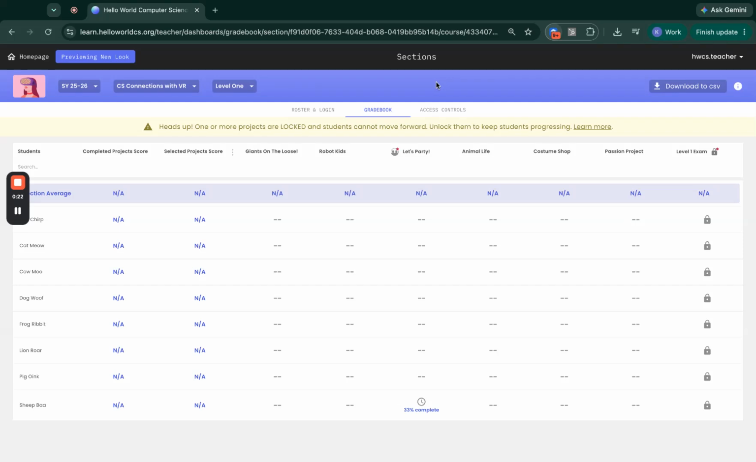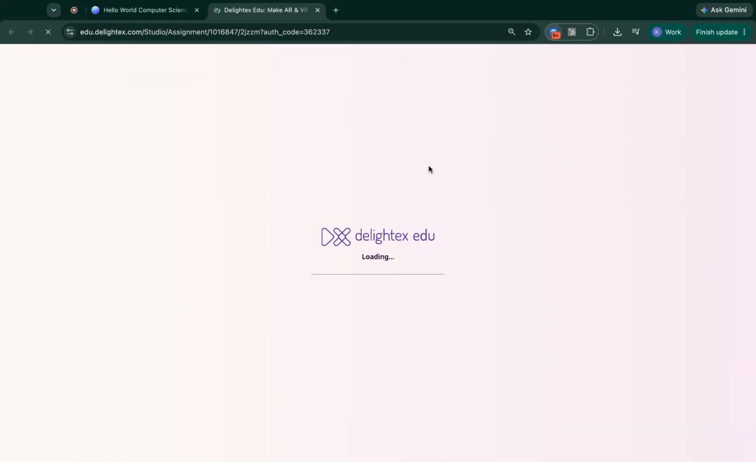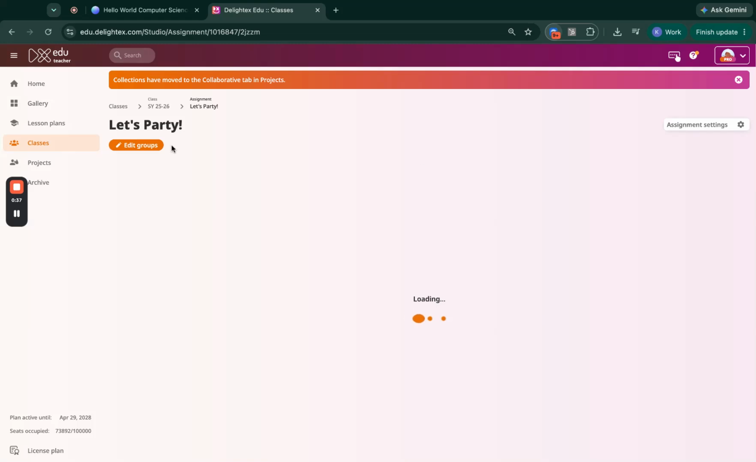Now, in our gradebook, it's very easy for us to know which one's a team project. Right here, we have 2 little people, and if you hover over it, it just reminds you that this is a team project. You'll be able to click here and be automatically brought to DelightText, where you'll be able to start grouping your students. Once you're here, you'll want to make sure that you start by clicking Edit Groups,